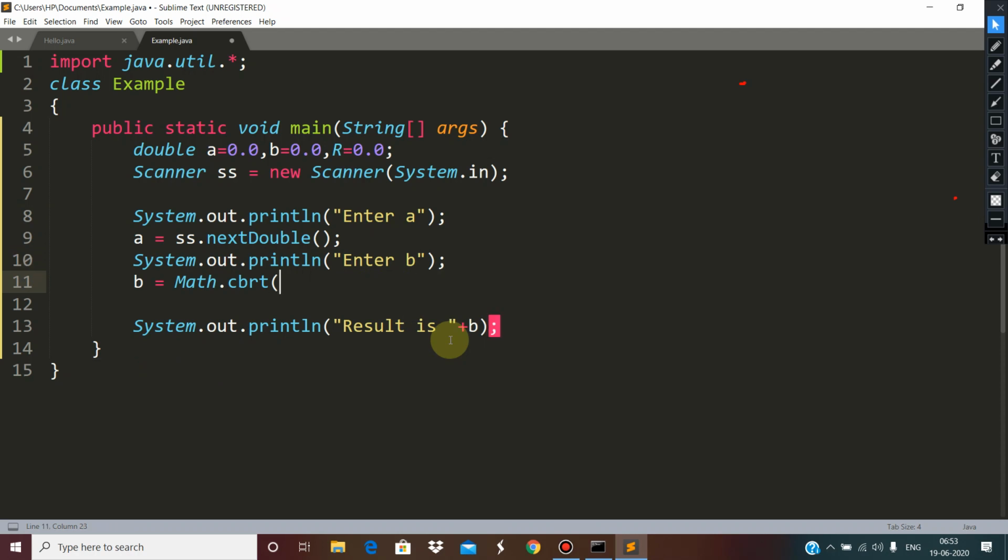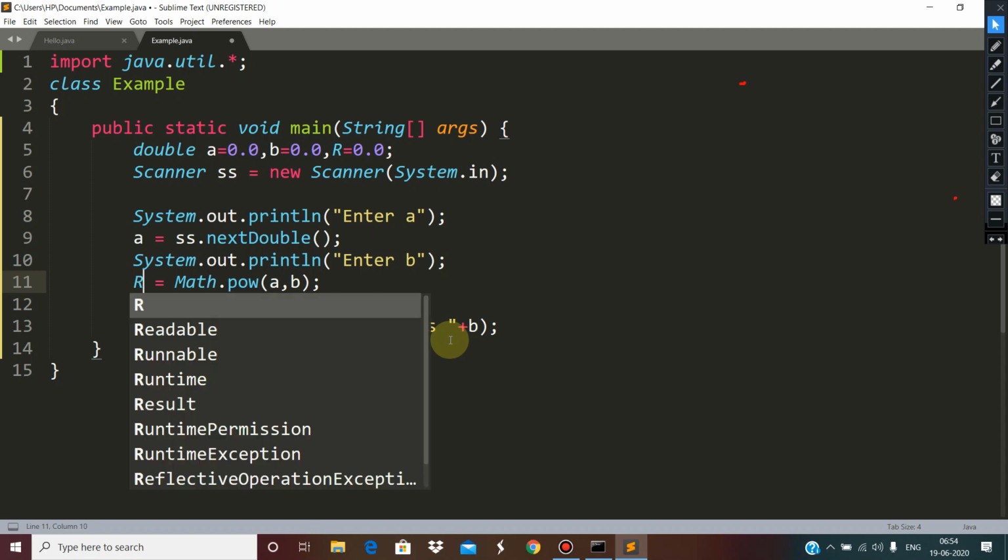Here I would like to find out a raised to the power b. For that we have the pow function. So math.pow(a, b) means a raised to the power b.